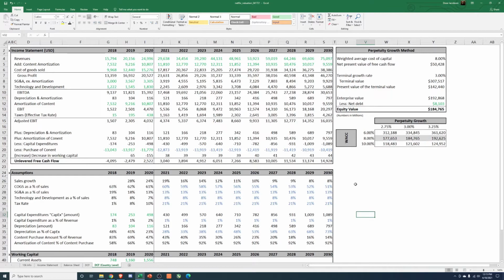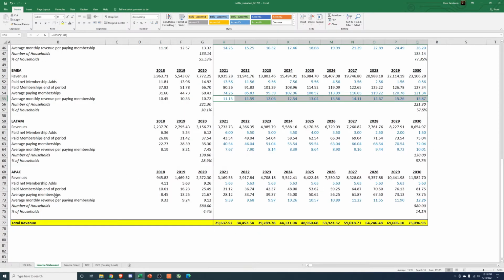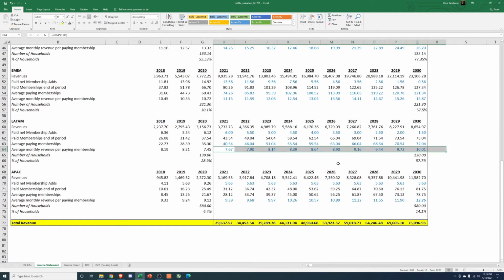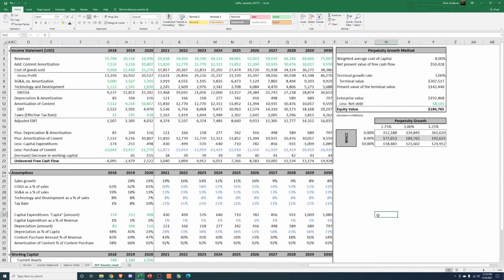On something like Netflix, I'd do a little more research on subscription prices for consumers in these different countries. Maybe in EMEA there are services that are $30 a month and a lot of consumers have them, and Netflix just has not been adjusting its pricing appropriately, and they could. And LATAM, maybe there's no other competition there. I don't know. So you could go in, adjust some of this stuff, and come up with a better valuation.